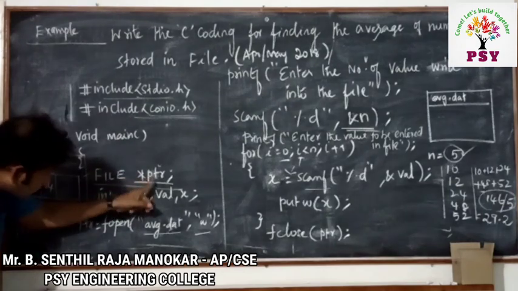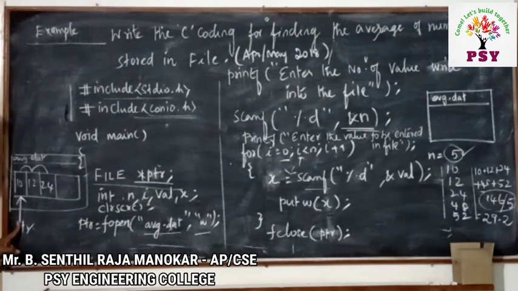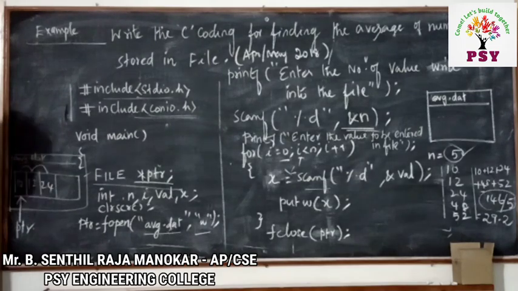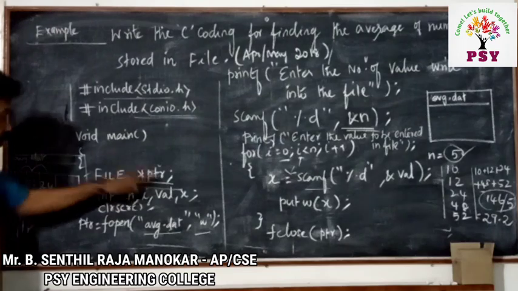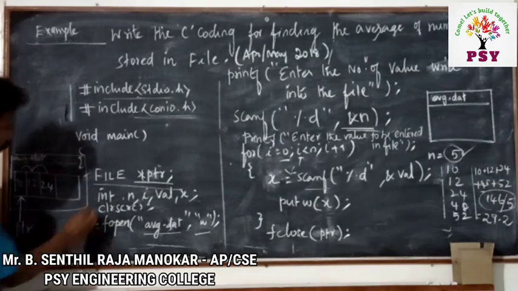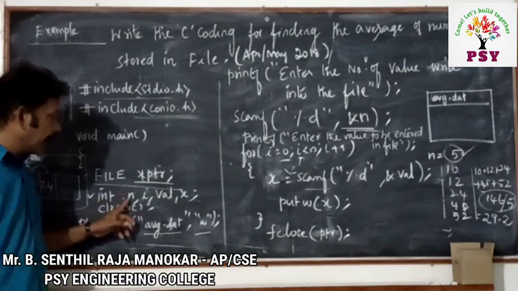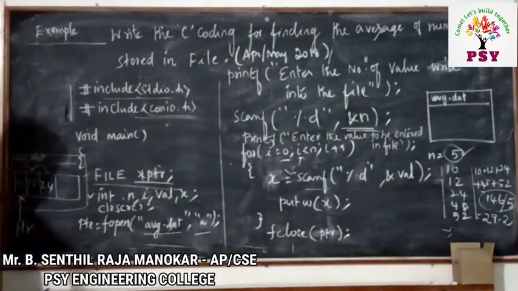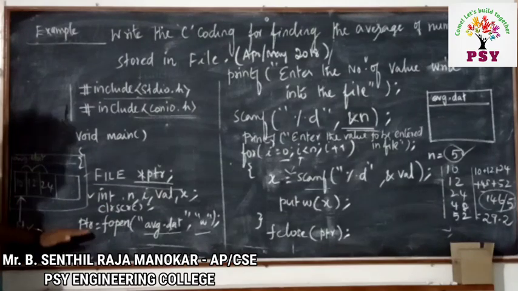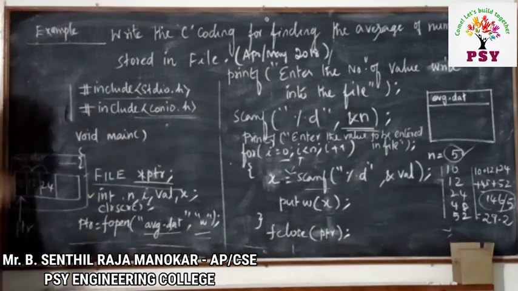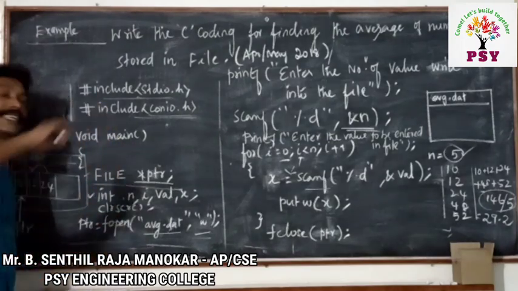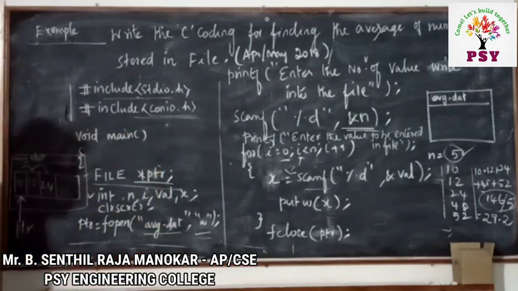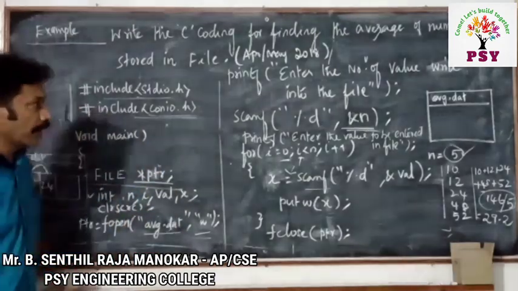But we should know what the purpose of this pointer is. That is the purpose: pointing to the value which was stored in the file. That is the purpose for which we have created it here. Next, you know very well, these are local variables int n, i, val, x, which are going to be used in the program. Then clrscr, you know very well. Then we come to the next very important point. We are making a file through the fopen function. The file name is avg.dat. Immediately the operating system will create this file like this.